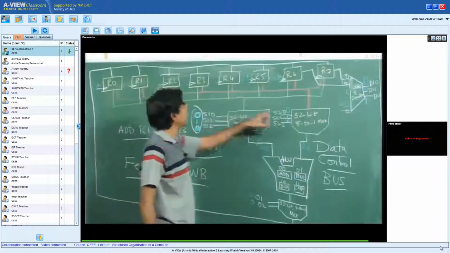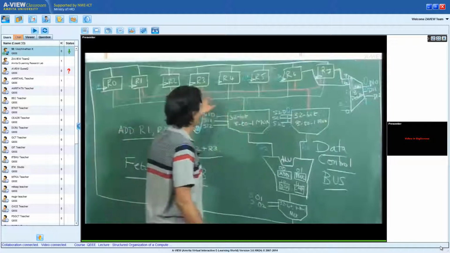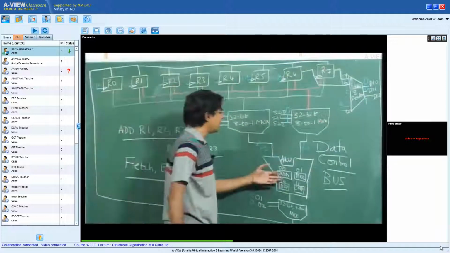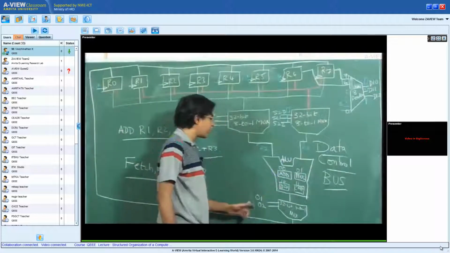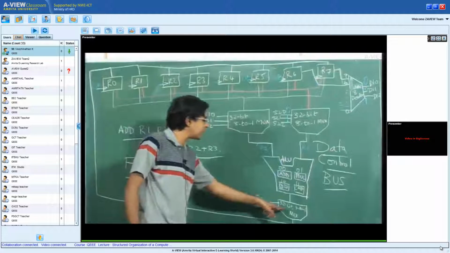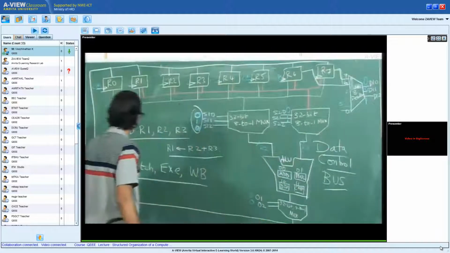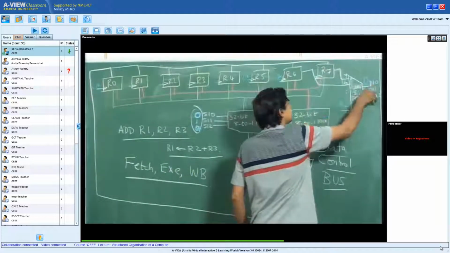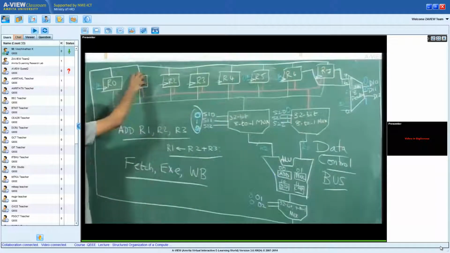I select this multiplexer's input as 0, 1, 1, by which R3's input comes in, and now there are 4 functional units and I need the adder's output alone. So I make this multiplexer's input 0, 0, which means the adder's output alone is routed back here, and here I select these bits as 0, 0, 1, which means only the R1 register is selected and the remaining registers are not selected.